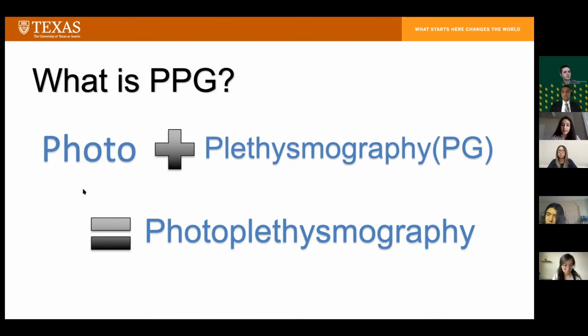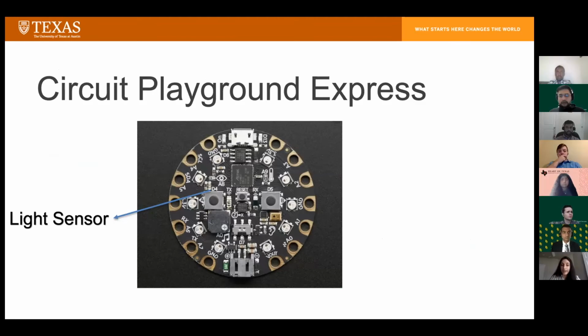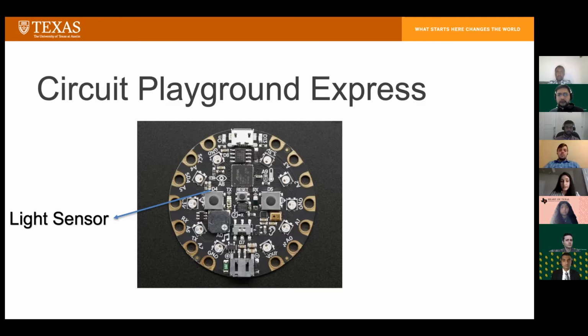PPG can also provide us information about the individual's age, any cardiac diseases, and irregular heartbeats. Next, we're going to see how we can get the graph of PPGs. We're going to use the Circuit Playground Express. These are really accessible, and the reason we use the Circuit Playground Express is that it's easy to work with and can be provided at low cost. Here we can see that this part is the light sensor, and the Circuit Playground Express has 10 lights that can be turned on.